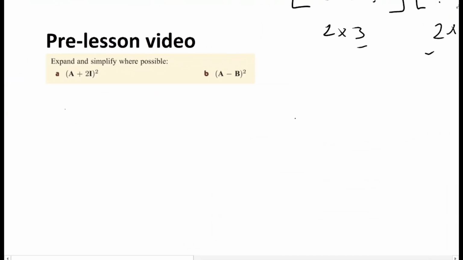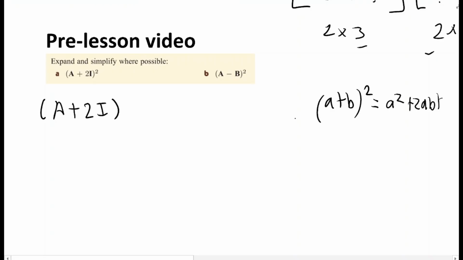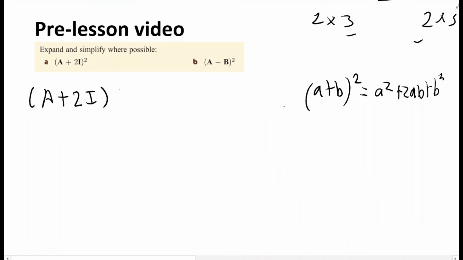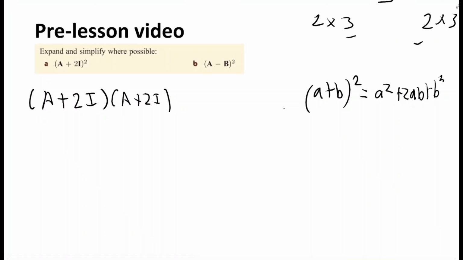So we're going to expand and simplify this. We do know that FOIL works, but we're not sure whether or not that perfect square formula works. If you remember from earlier on, we had (a + b) squared equals a squared plus 2ab plus b squared. It's a question mark as to whether or not this will work with matrices. But we do know for sure that FOIL will work, so let's just expand it out like that. That first one's going to be (A + 2I) with (A + 2I). We're going to FOIL this out. So we're going to get A times A, which is A squared,